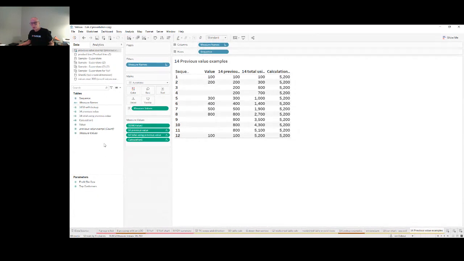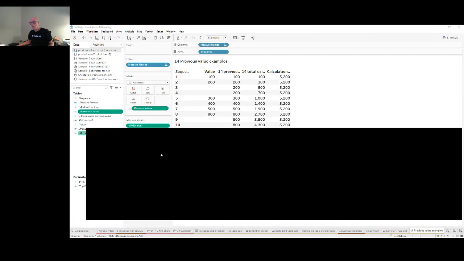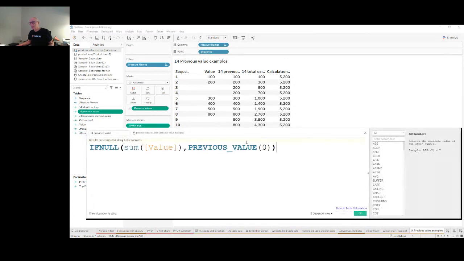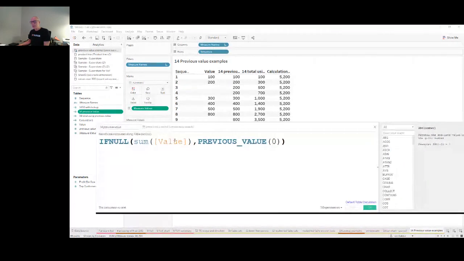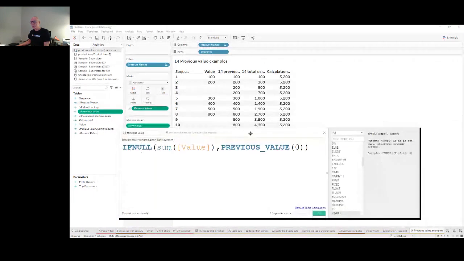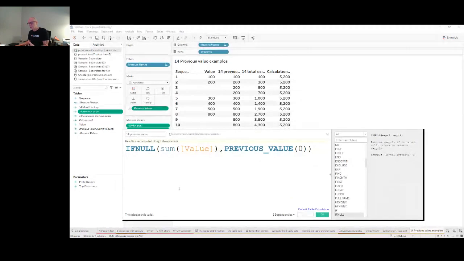So we created this calculation. We're going to take advantage of 2 things here. First, the previous value. Previous value 0 says, if I'm in this cell and I want the previous value, go up 1 value and return that value. And I've used that in a different type of calculation. This is an if null calculation, and I'm sure some of you know that. If null has 2 expressions in it. And the way you would read this in words, it says, go to the column that's the sum of values, and if that